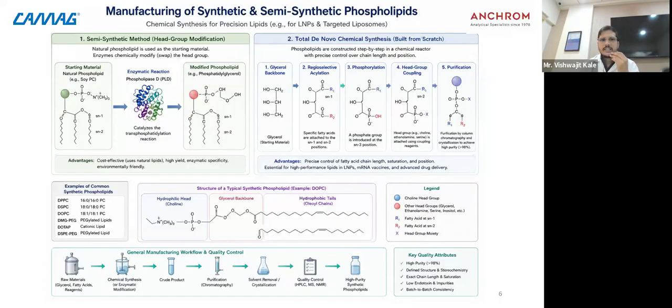So during the manufacturing of semi-synthetic and synthetic phospholipids, again some impurities, we can call them process impurities, or minor products generated during the organic synthesis, may be hazardous and decrease the stability of your final product. And if we are using phospholipids as an excipient, and any impurity comes along with the main phospholipid, it may hamper the final product, it may damage the final product.